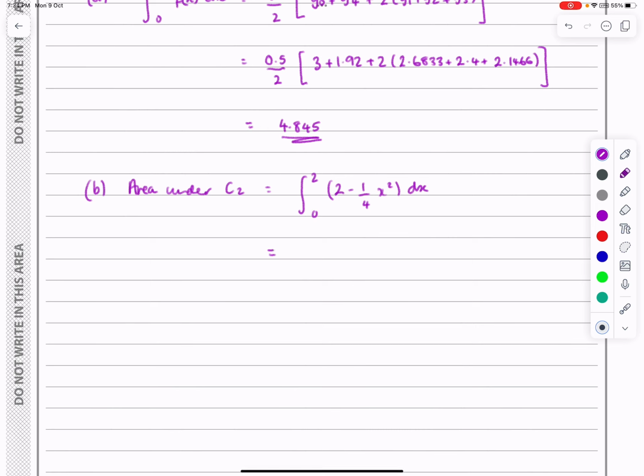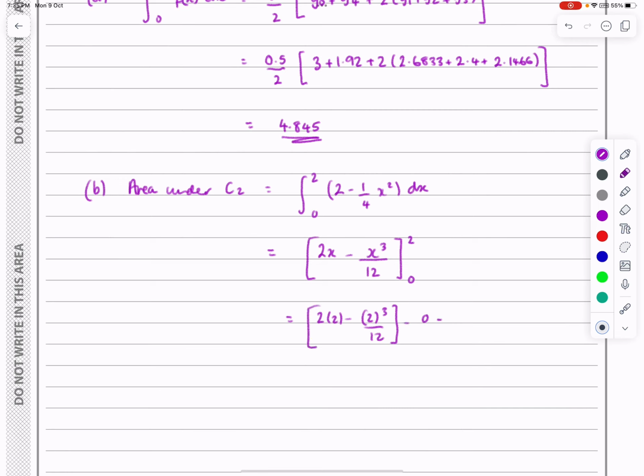That's nice and simple. The integral of 2 is 2x, and the integral of minus a quarter x squared is add 1 onto the power, divide by the new power, which means dividing by 3. The quarter's already there, so that becomes 2x minus x cubed over 12, all between 2 and 0. And then again, just stick the values in to work that out. That's going to be 2 lots of 2 minus 2 cubed over 12